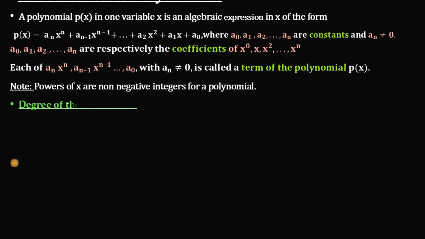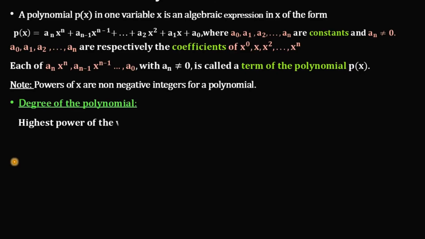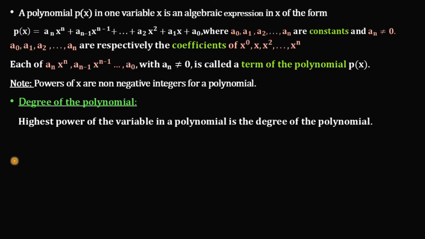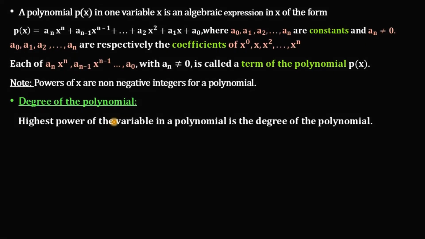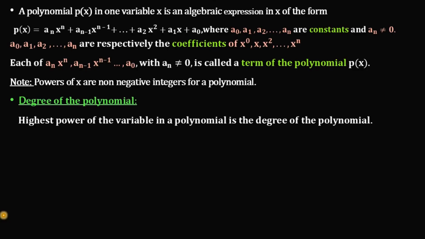Now, what is the degree of the polynomial? Degree of the polynomial is the highest power of the variable in the polynomial. Okay. The highest power of the variable in the polynomial is known as the degree of the polynomial. So, for example,